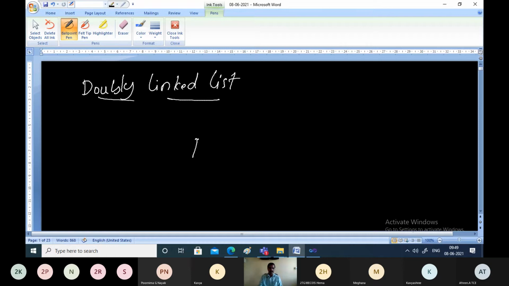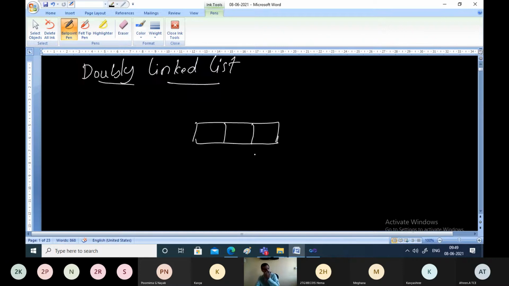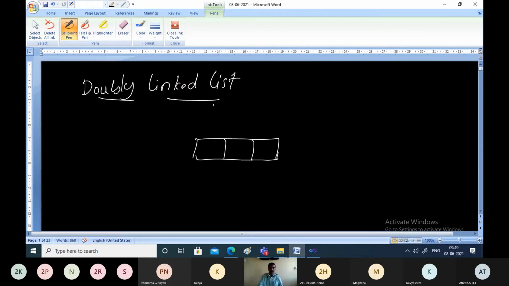Each and every node in a doubly linked list is going to contain three fields or three parts. The center part is, as usual, the information field or I field. Then there is a next field and this is the previous field.